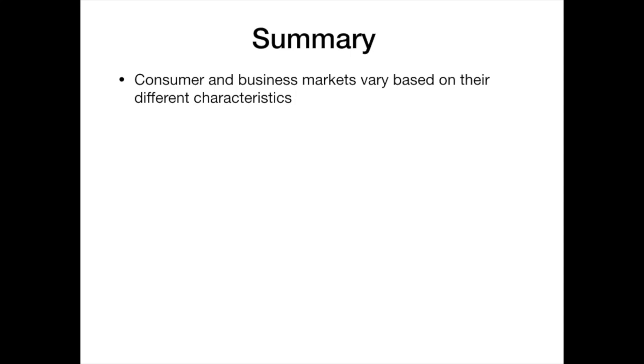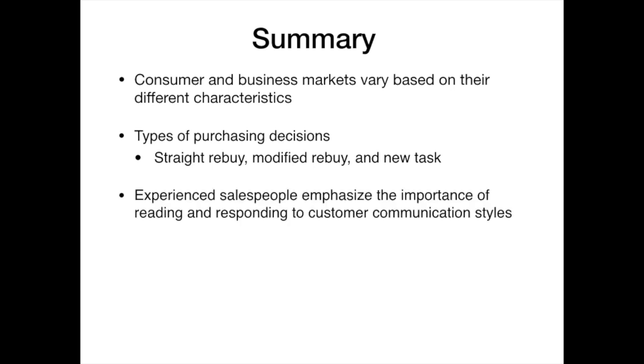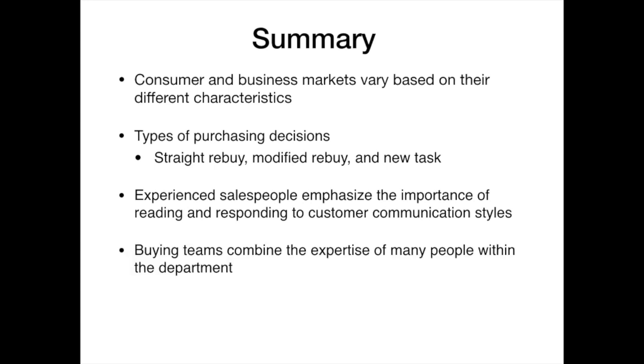In summary, consumer and business markets vary based on their different characteristics. There are 3 main types of purchasing decisions: straight rebuy, modified rebuy, and new task buy. Experienced salespeople emphasize the importance of reading and responding to customer communication styles. Buying teams